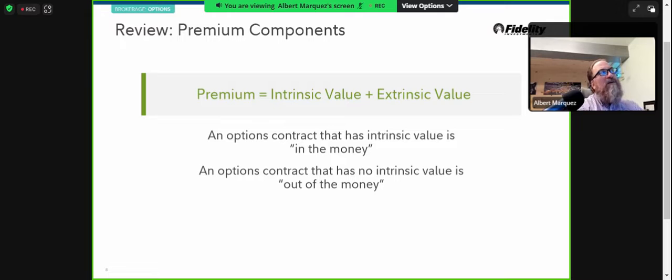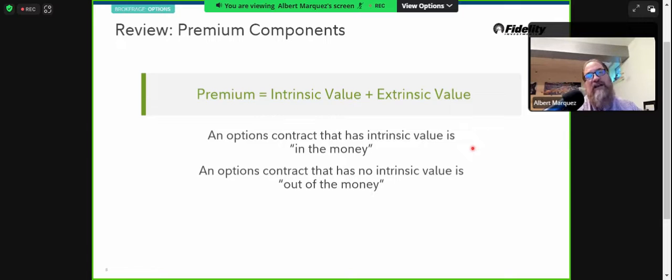When we are talking about the premium of a particular option, it's made up of two elements. Those elements are the intrinsic value and the extrinsic value. Now, when we say intrinsic, all we're talking about is how much is it in the money. In other words, intrinsic value is simply made up of the underlying price and the strike price. For example, let's say we hold a 100 call, but the underlying is actually trading at 105. That means that option has $5 worth of intrinsic value, the difference between the strike price and the underlying.